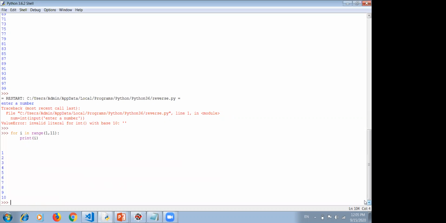So what output am I getting? I'm getting 1, 2, 3, 4, 5, 6, 7, 8, 9, 10. Obviously its output is fine, but every number is on a new line.